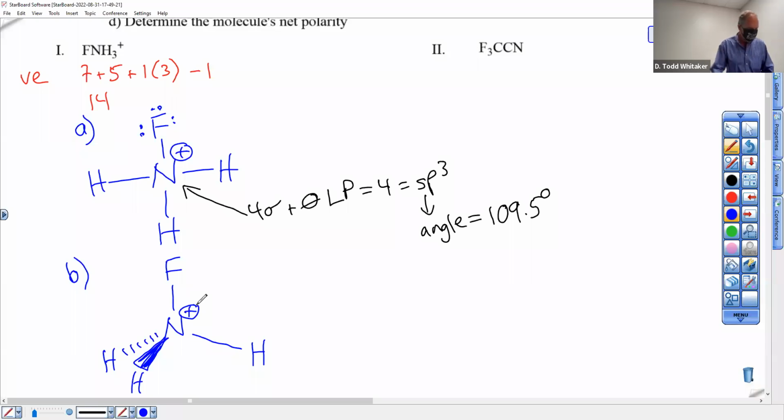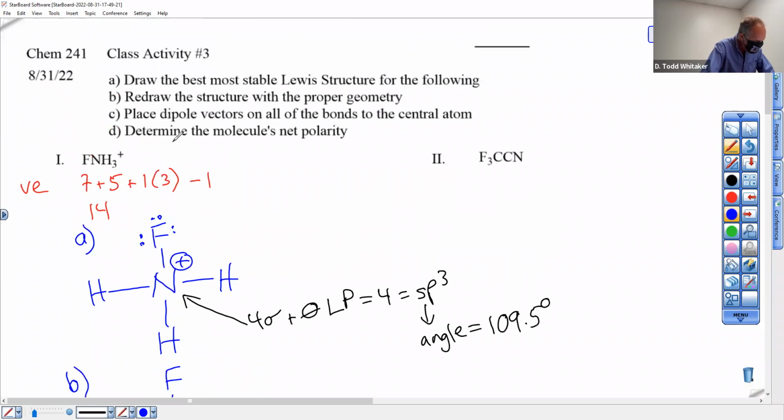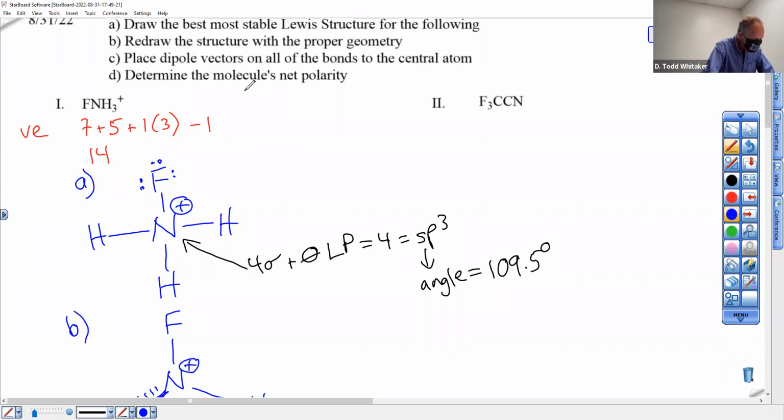Okay, did we do all the parts? No. Redraw the structure with proper geometry, correct. Dipole vectors, we don't know how to do those. But if I told you a dipole vector just indicates how polar a bond is, and it's based strictly on electronegativity,